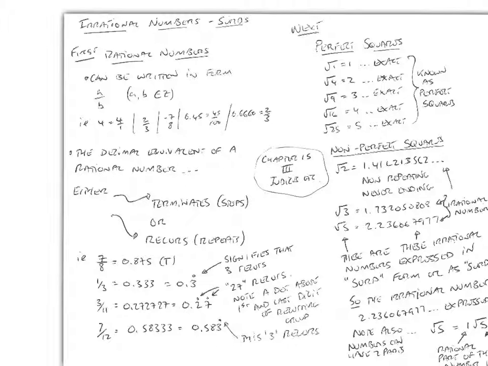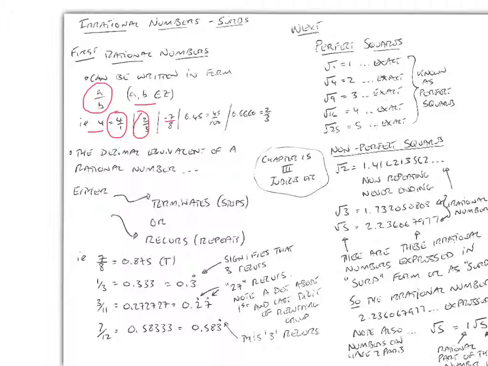Okay, let's talk about irrational numbers, but before we do that, let's talk about rational numbers. Rational numbers are any numbers that can be written in the form a over b, where a and b are both integers. So examples would be 4 is a rational number because we can express that as 4 over 1, 2 over 3, minus 7 over 8,